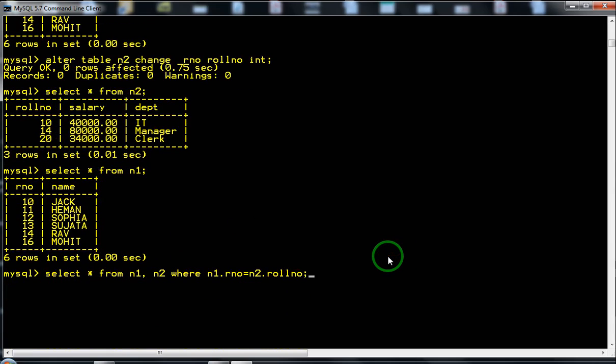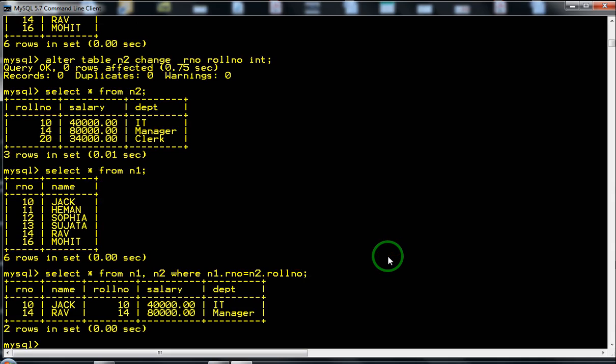This is our query to get the output as equijoin. In N2 roll number only 10, 14 and 20 are there, but 20 is not present in N1, so 20 will not be displayed. Only 10 and 14 are there.